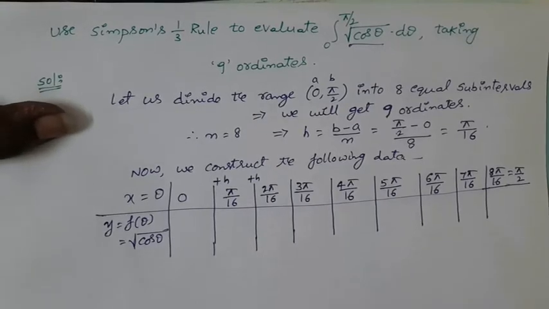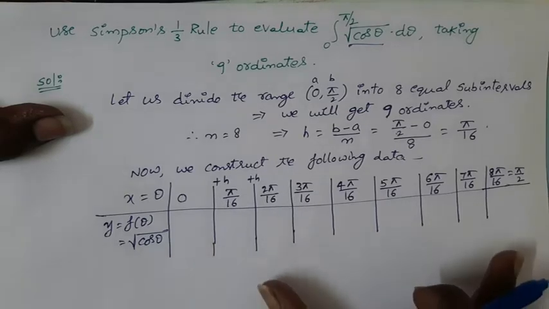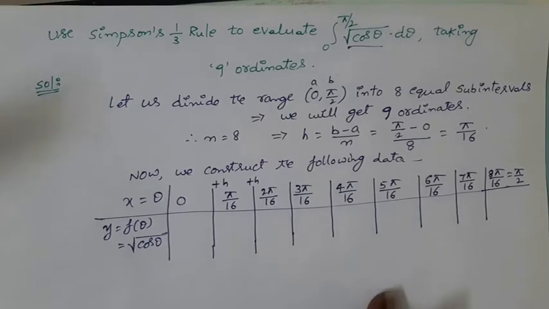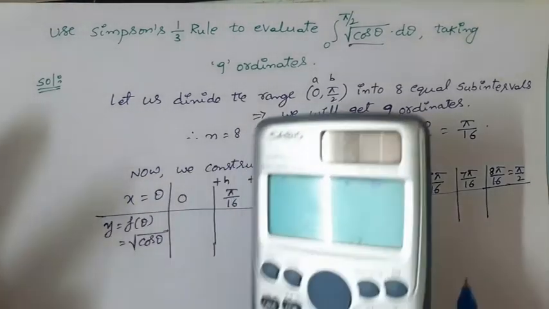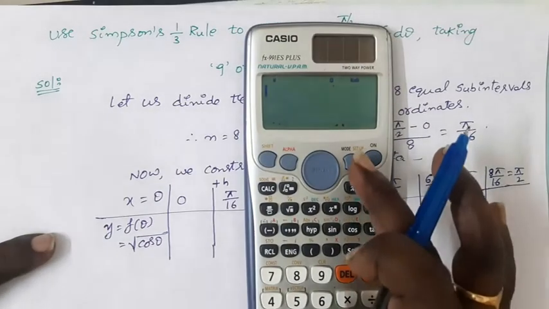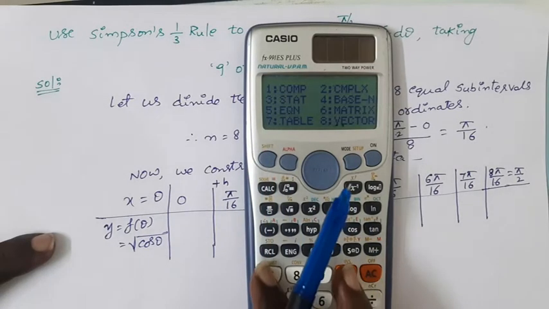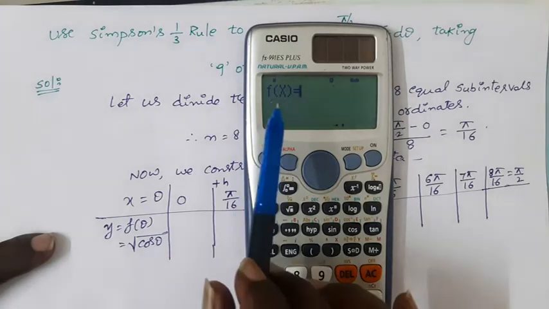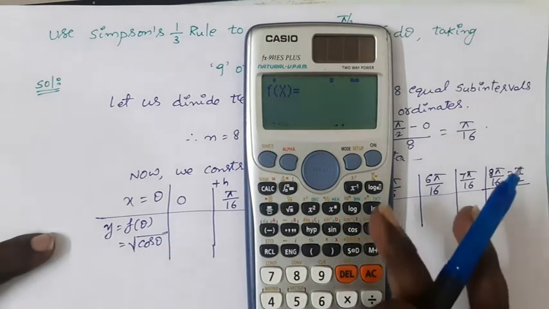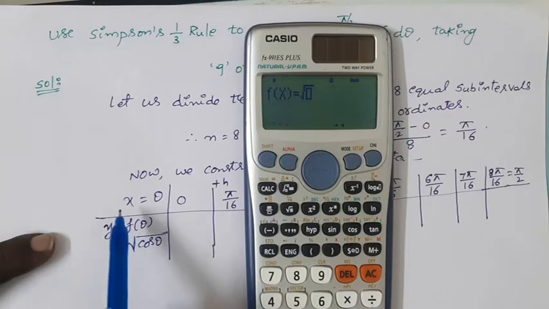Now we are going to find the respective functional values of phi by using a scientific calculator. At a time we can get the entire table of values by using the scientific calculator. To get the entire table values, operate mode. In mode, we have table, which is the 7th one. The 7th one is f of x. What is the given function here? Root over cos theta, but we are unable to operate theta here. Instead of theta we can operate x here.